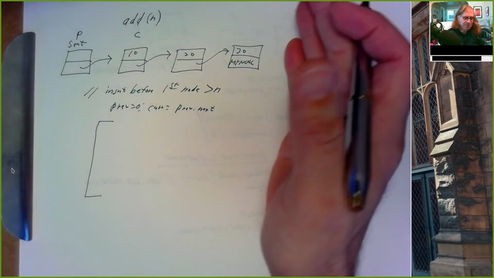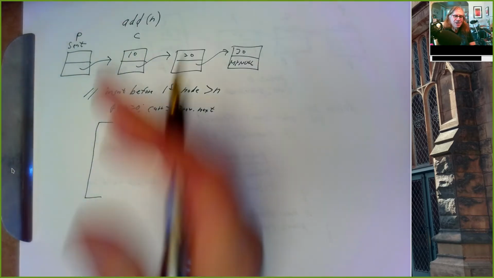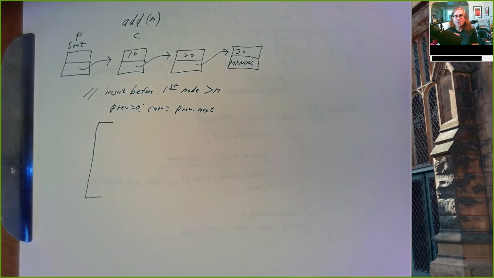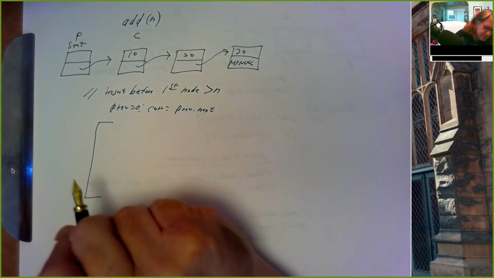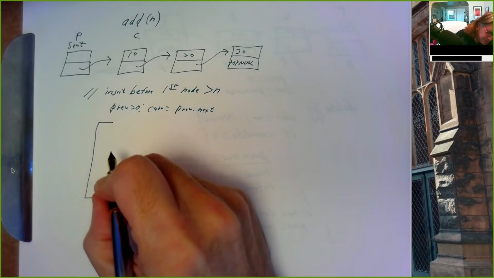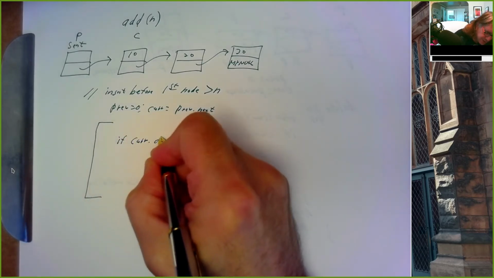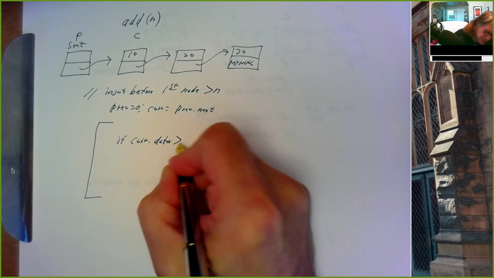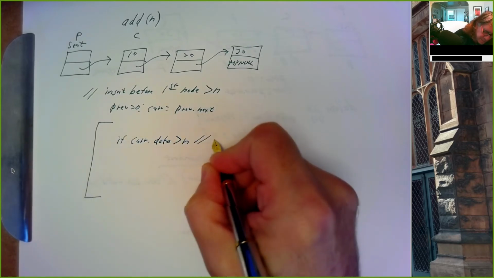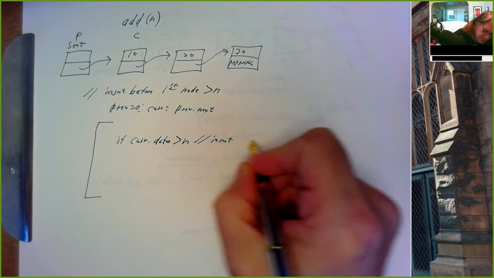Since these nodes are increasing, the first time that condition is true, that's going to be the first number bigger than our number that we're inserting. So if current data is bigger than n, then we want to insert